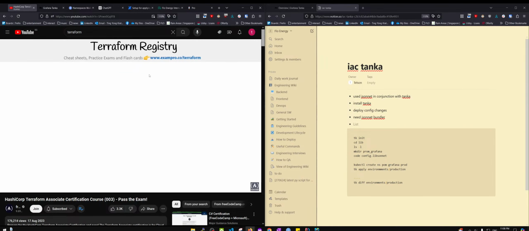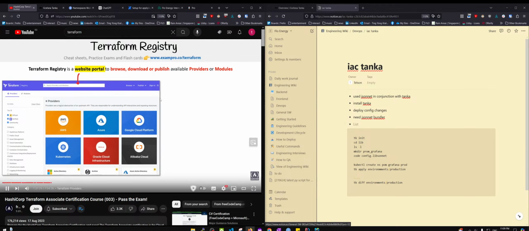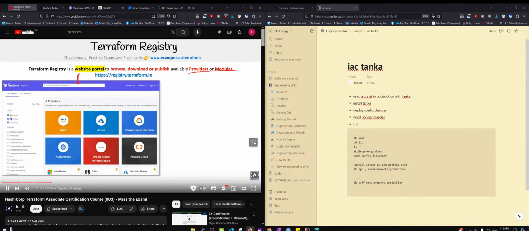Hey, this is Andrew Brown from Exam Pro, and we are taking a look at the Terraform registry. So this is a website portal to browse, download, or publish available providers and modules. And just remember, providers and modules are plugins within Terraform, both of them, okay? So to get to this website, we go to registry.terraform.io, and everything published to the